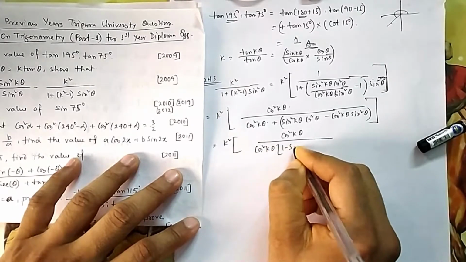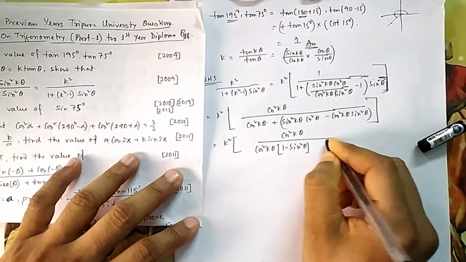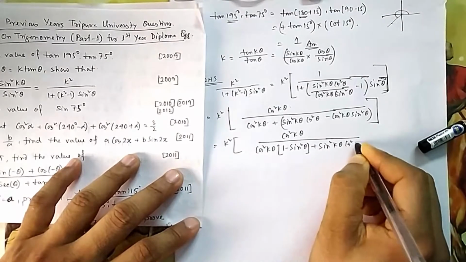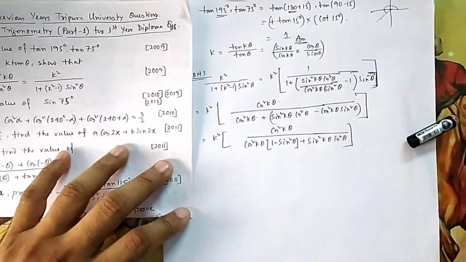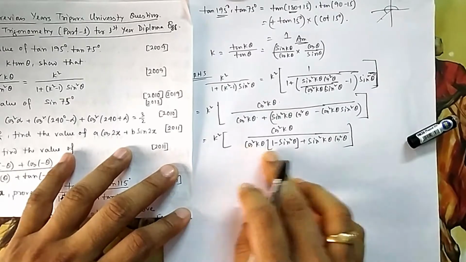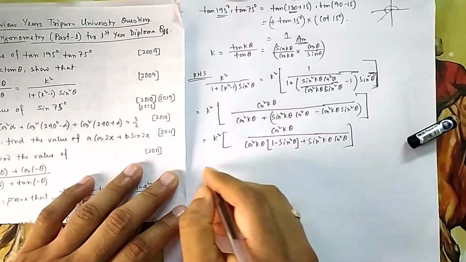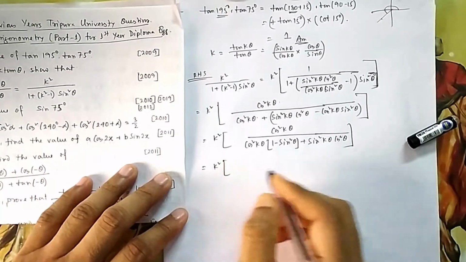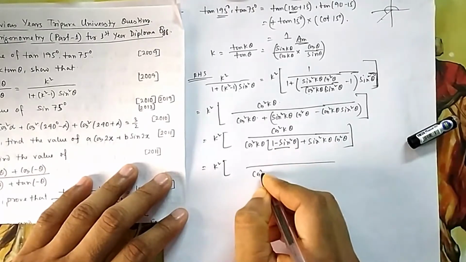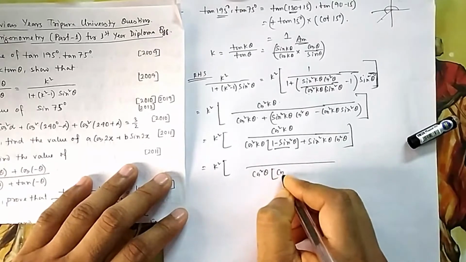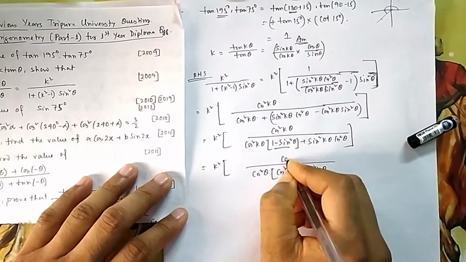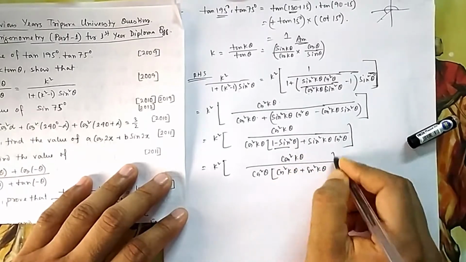it will be 1 minus sin square theta, and then sin square k theta cos square theta. Now if you see, 1 minus sin square is cos square. Now if you take cos square common, then cos square k theta and sin square k theta get cancelled out. So something is coming from here. This is 1 minus sin square, which is cos square. So if I take cos square theta common, then this is cos square k theta plus sin square k theta, and then this is cos square k theta.